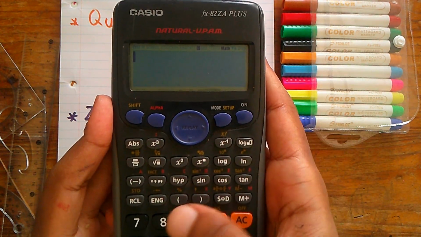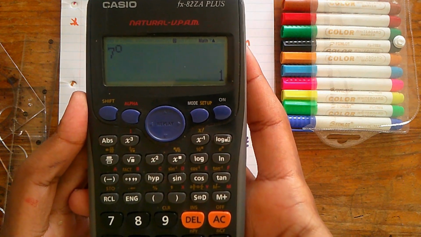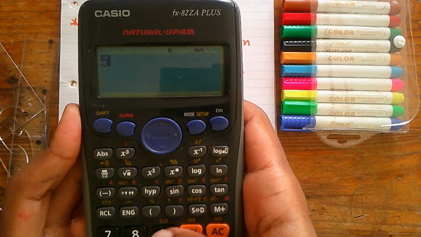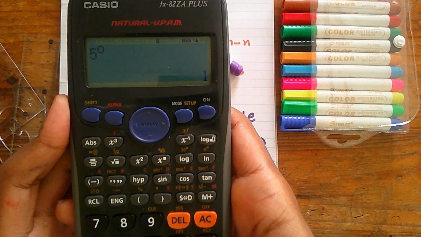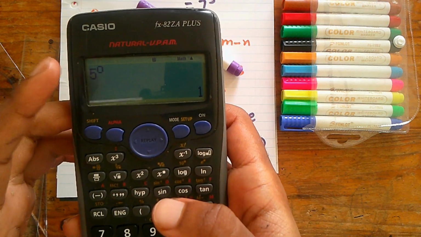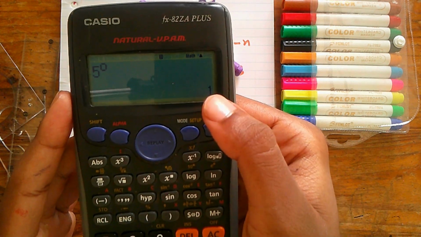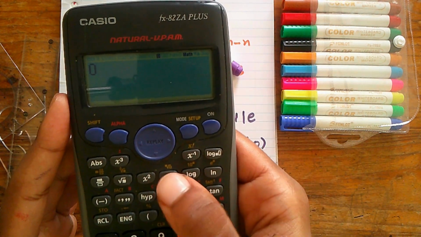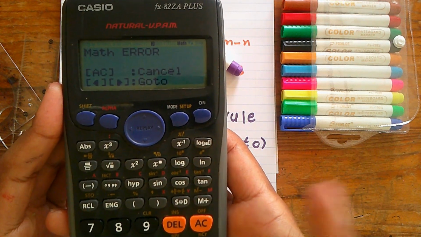Let's say we have 7 to the power of 0. Our answer is 1. We have 5 to the power of 0. Our answer is 1. So whenever we have a base, and that base is to the power of 0, our answer will always be equal to 1. However, the base can never be 0, because if we have 0 to the power of 0,